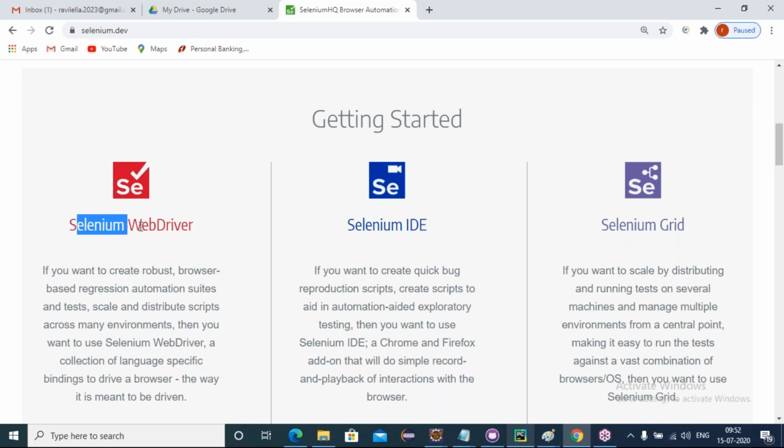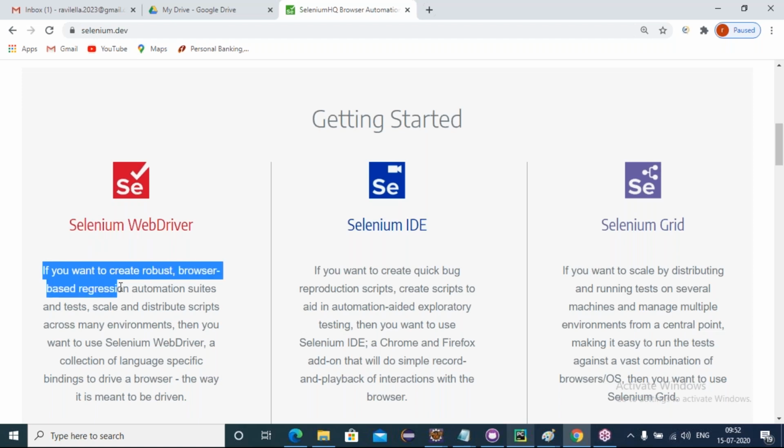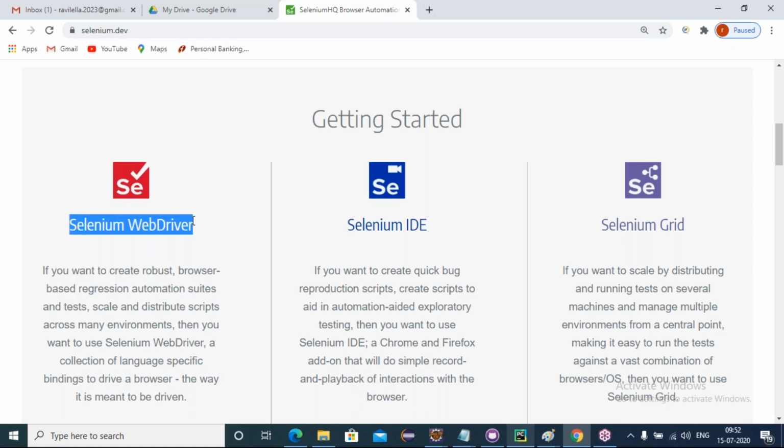See here, the appropriate combination to work with Selenium is WebDriver with the grid concept. I will tell you what the grid is. What does WebDriver do? If you want to create robust browser-based regression automation suites, friends, then once you are writing a WebDriver code, it should be compatible to work in all the browsers.